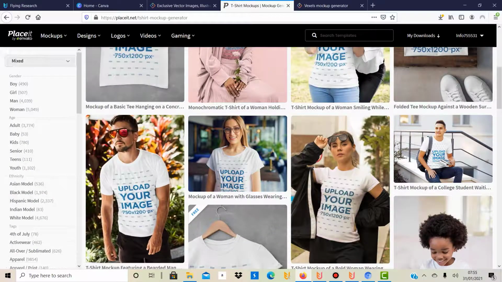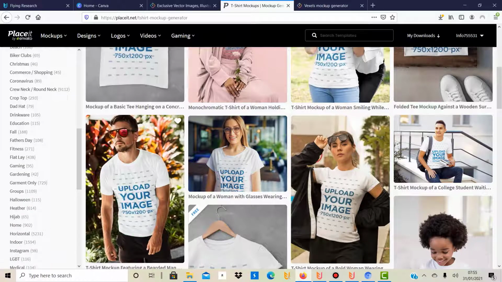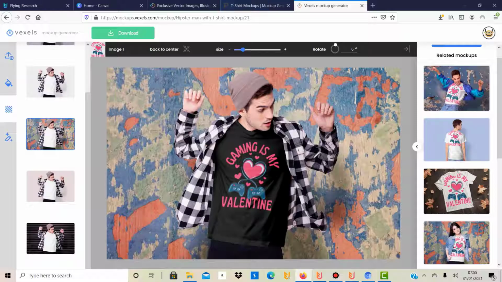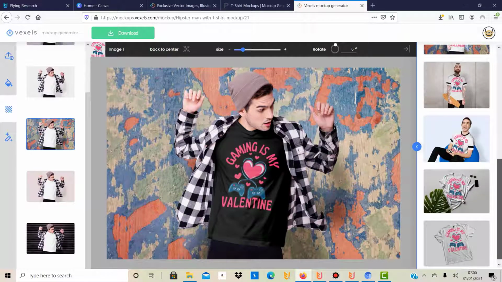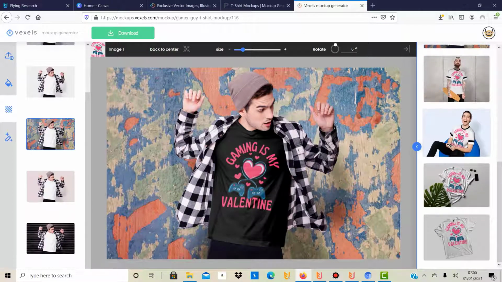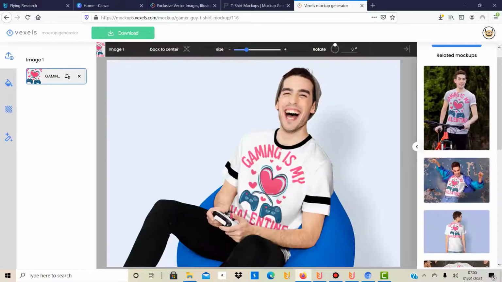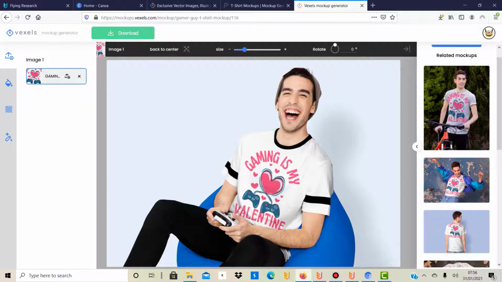So open a few more tabs or whatever, and then I have to do one by one. Whereas here on Vexels, they show you related, similar ones, like this one for gaming as well. You just click on it. And the nice thing is it already has your design on it. And again, you will probably need to resize a little bit, maybe rotate it a little bit. But the nice thing is really that,